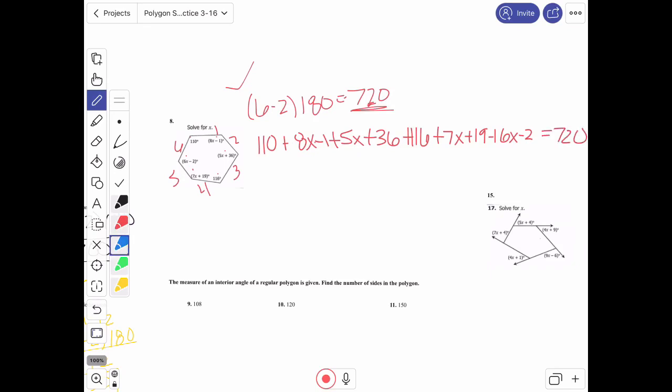All right, now I'm going to combine like terms, my numbers. So if I take 110 minus 1 plus 36 plus 116 plus 19 minus 2, I should end up with 278. Now I want to check my math. And then if I take my x's, I have 8x plus 5x plus 7x